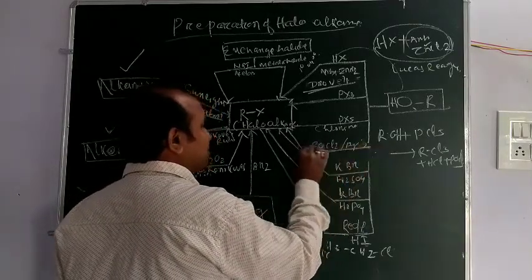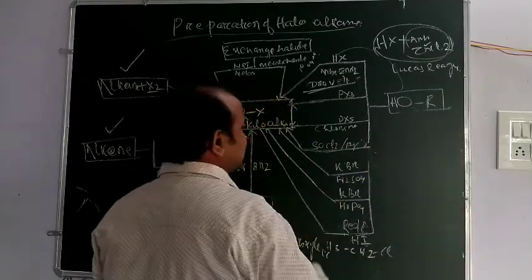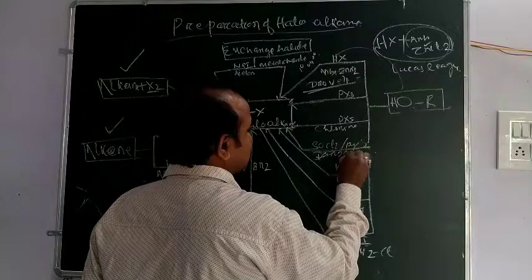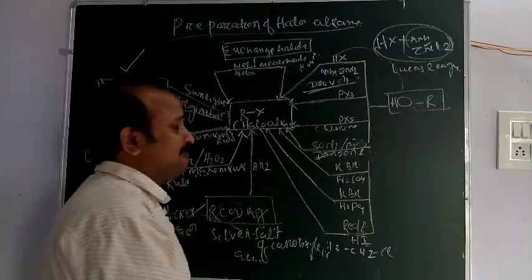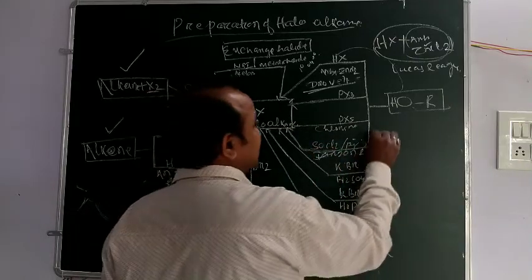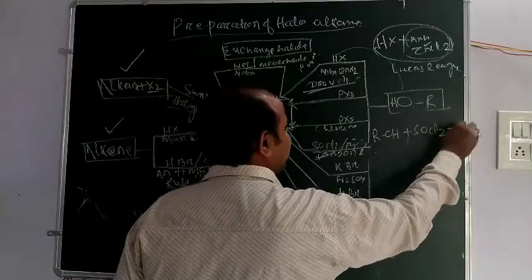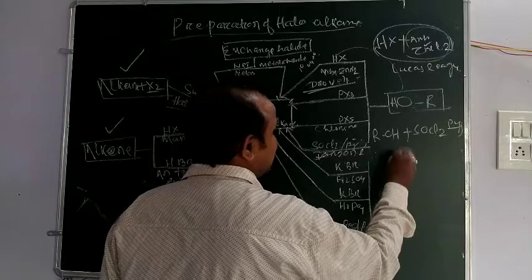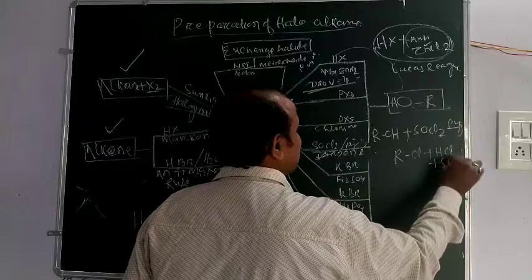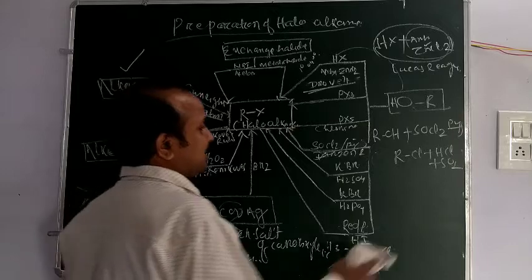Then when it reacts with thionyl chloride, SOCl2, this is the Darzens reaction, in the presence of pyridine. Okay, it is also specially for alkyl chloride. ROH alcohol reacts with thionyl chloride, SOCl2, in the presence of pyridine, then RCl plus HCl plus SO2. Okay, sulfur dioxide is produced. This is the Darzens reaction.